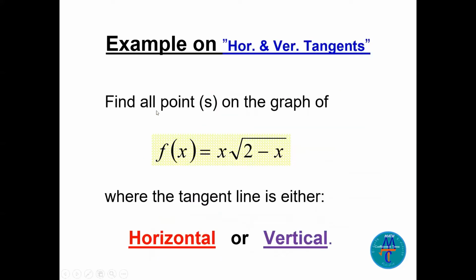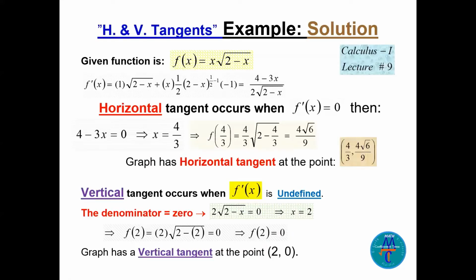Nice example here. Find all the points on the graph of the function f of x equals x square root of 2 minus x, where the tangent line is either horizontal or vertical. So we have a horizontal tangent and we have a vertical tangent. Let's find the values of x. So for sure we start